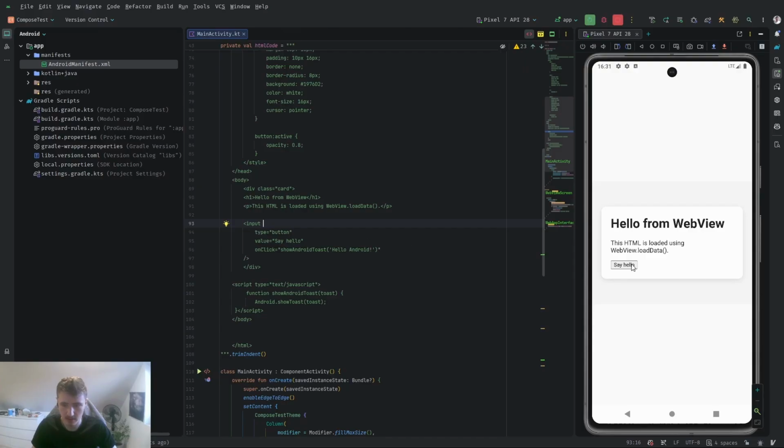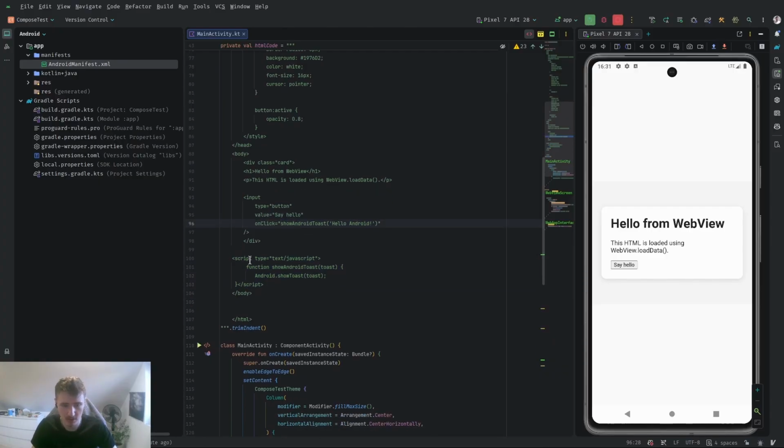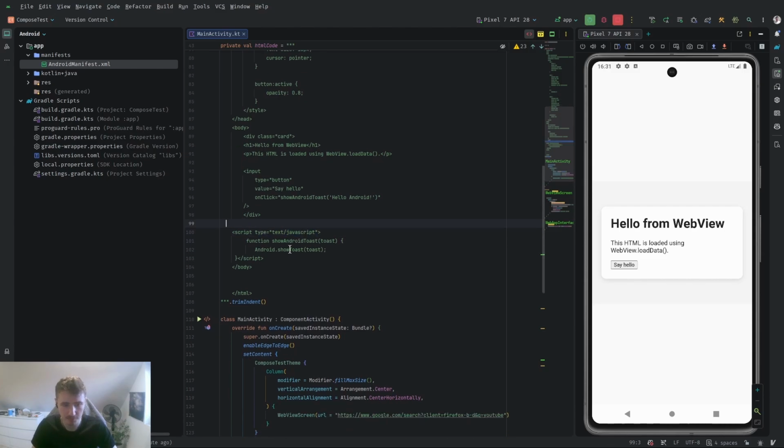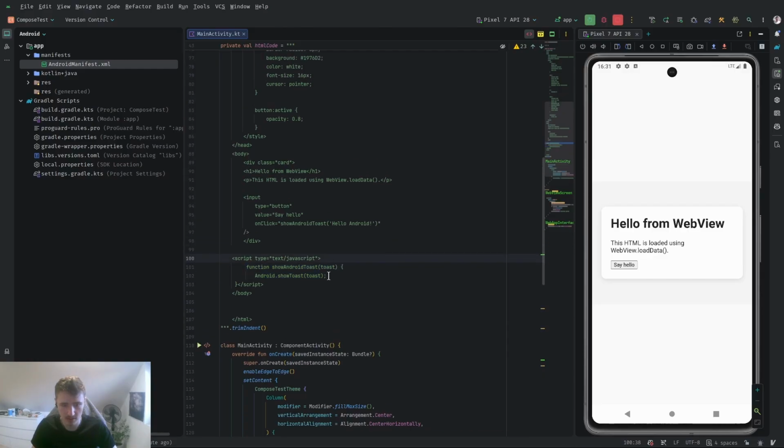So when we click this button, this function from our JavaScript is triggered, and this function is in here as a JavaScript. We define this script as a JavaScript, as I mentioned previously, and in here is function show Android toast. Then in here, parameter as a toast, which is provided in here, hello Android,